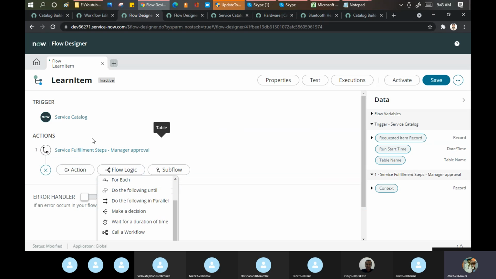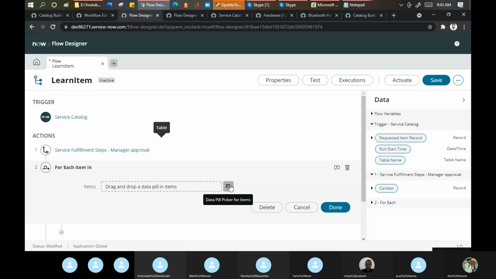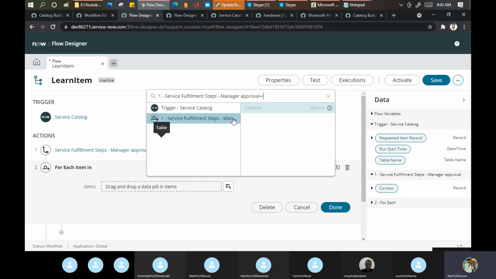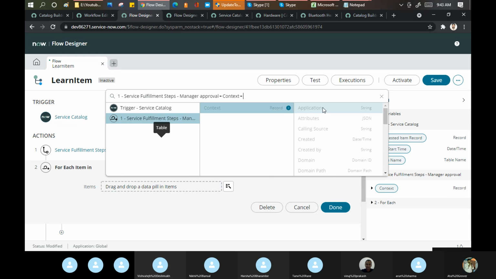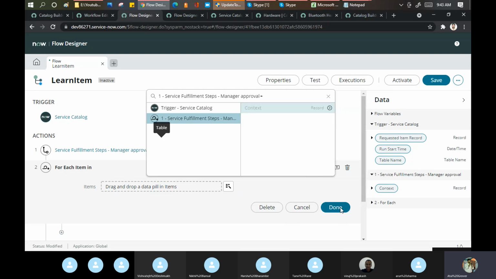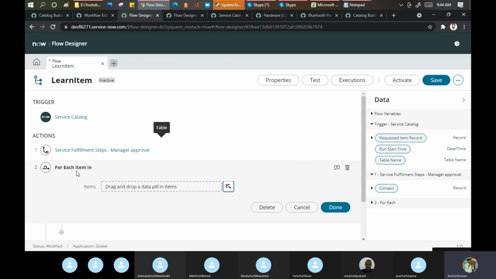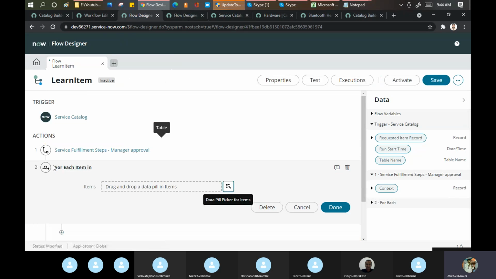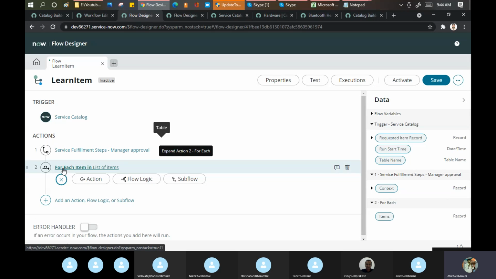What to do? It's saying how many records you have to handle for each item which you created in the manager approval. Where has it gone? Not this one. Sometimes even I get so confused. Done. For each item, what they mention as the logic here. They're putting the if condition. Really sorry guys, it's a little troubling for me as well sometimes.